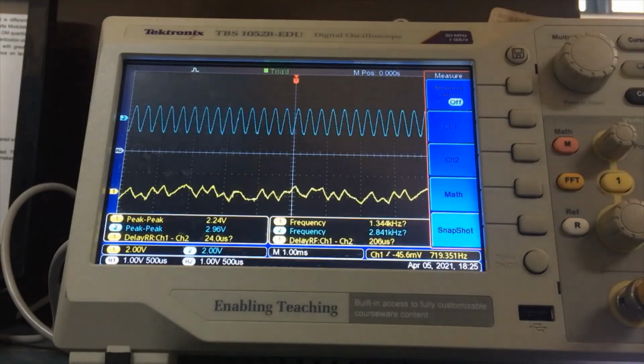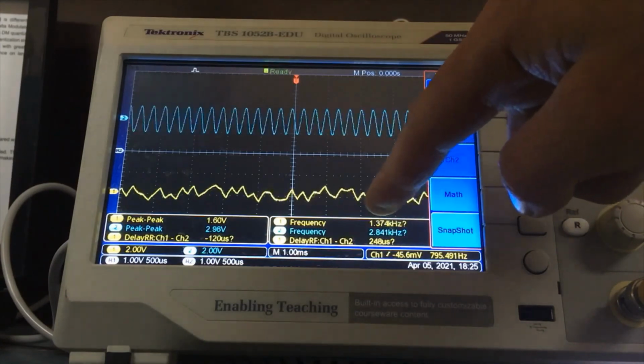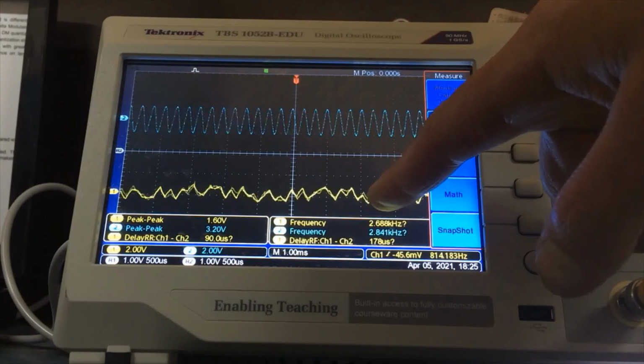Because it's a second order Butterworth filter with a 3 decibel cutoff frequency of almost 5 kilohertz,